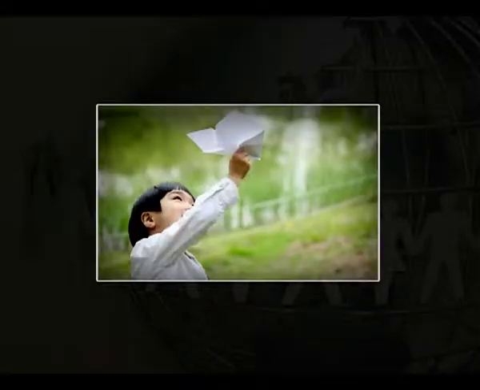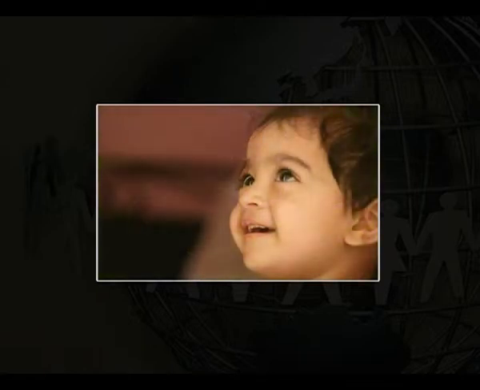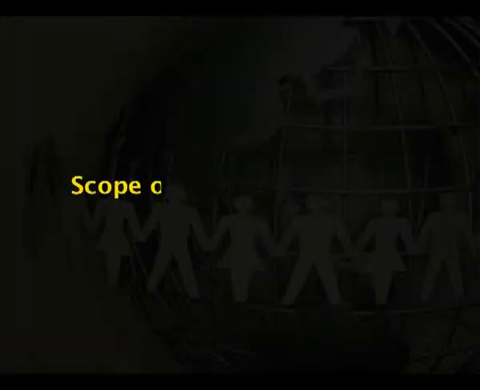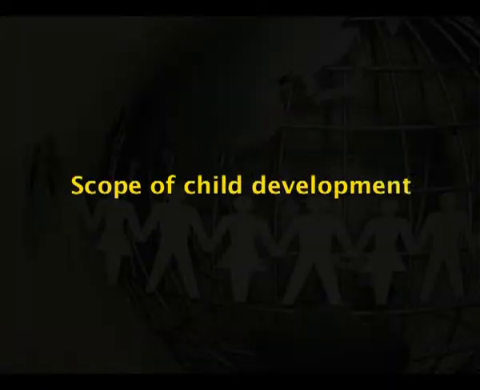Of all the stages of human development, child development is very important. Now, let us see why child development is more important. What is the need and scope of studying child development? It is the scientific study of the changes in the child's biological, social, cognitive, emotional and behavioral domains across the span of childhood.